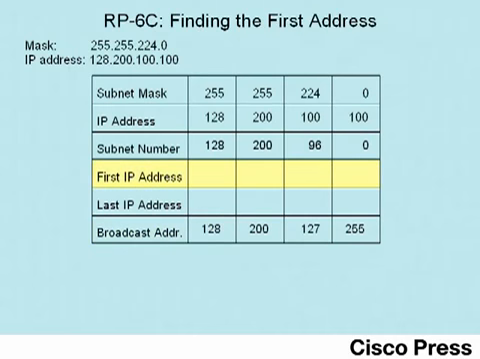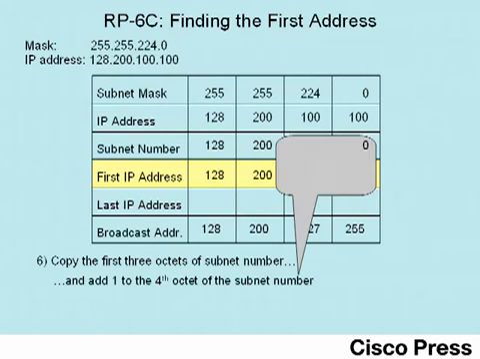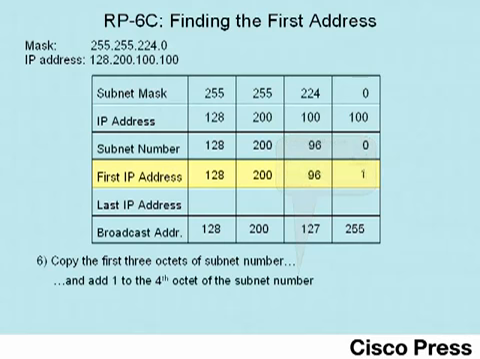Next, for completeness, I'll show the very simple math about how to find the first IP address and last IP address in the range of valid addresses. Step 6 of this process says to find the first IP address in the range of valid addresses, start by copying the first 3 octets of the subnet number. Doesn't matter where the rectangle is, just copy the first 3 octets and then add 1 to the 4th octet of the subnet number. So as you see here, you take 0 plus 1, of course, is 1, giving us a first valid IP address of